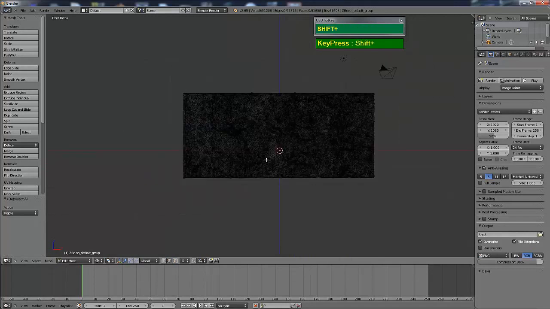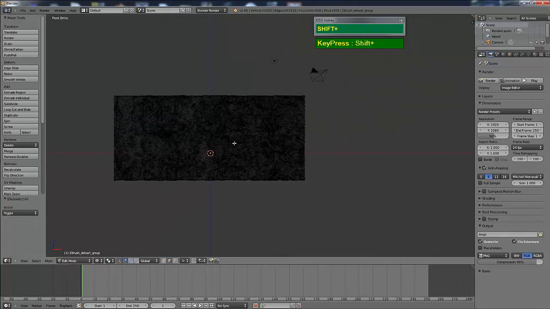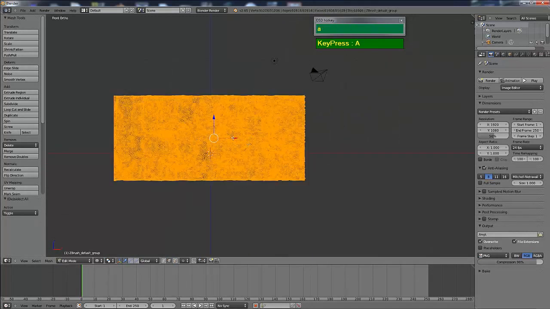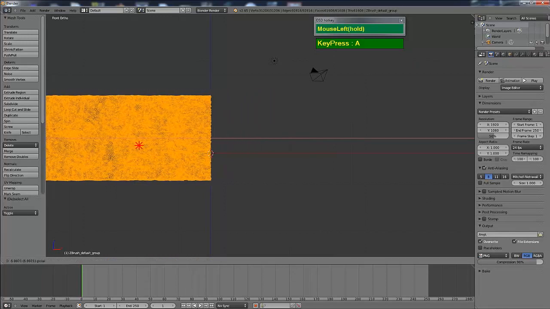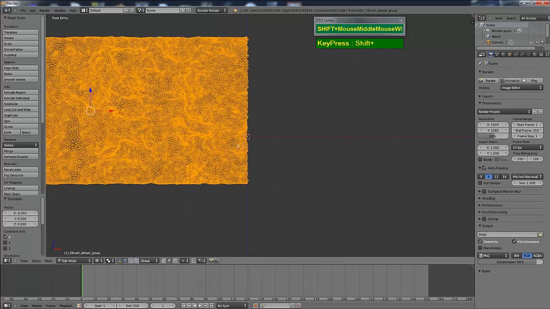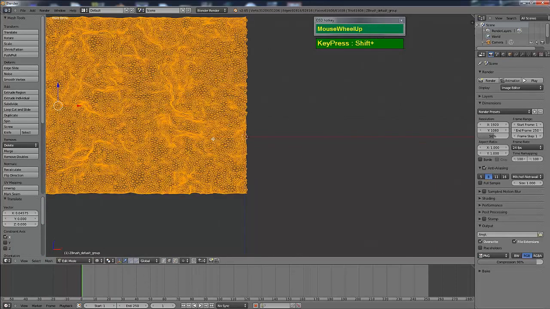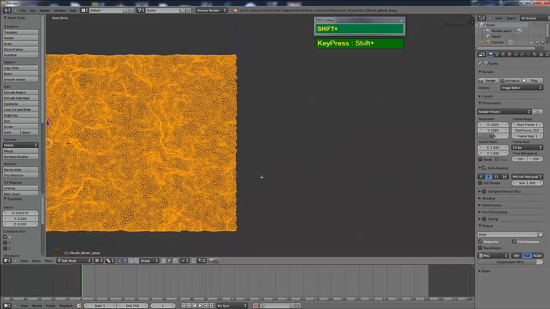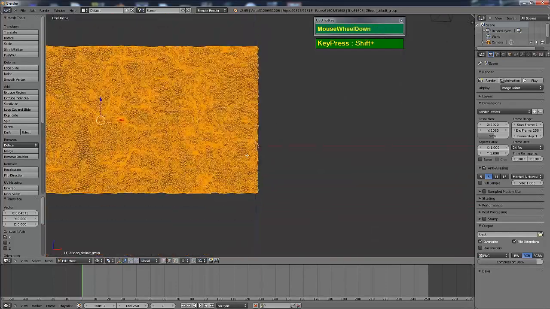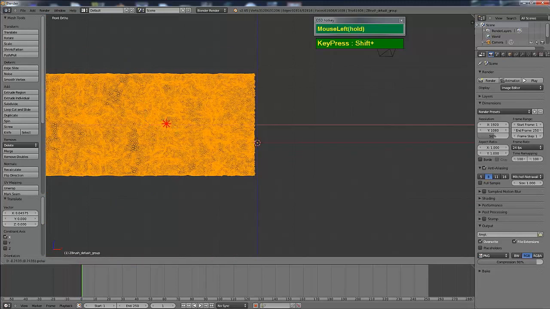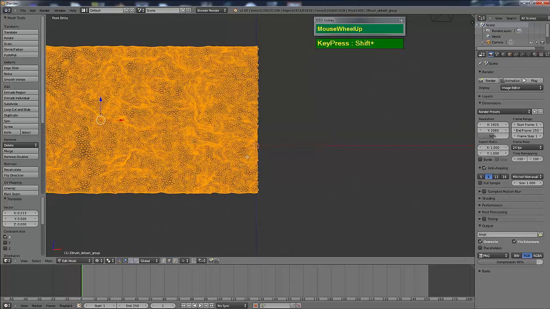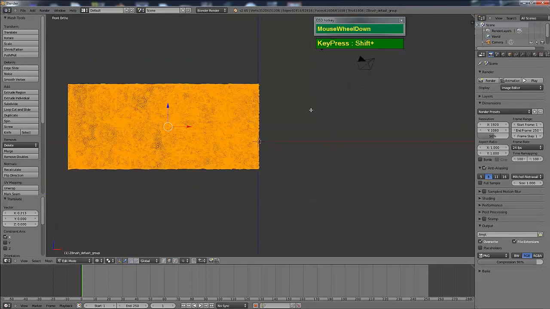So I'm going to press A to deselect this, and next I'm going to press A to select all the faces, and I'm going to drag it to the left until it is lined up with the center or the origin. Okay, as of now I'm still in edit mode. So you do not want to pull the faces until the origin is outside. You want to pull it to the left while the origin is still inside,